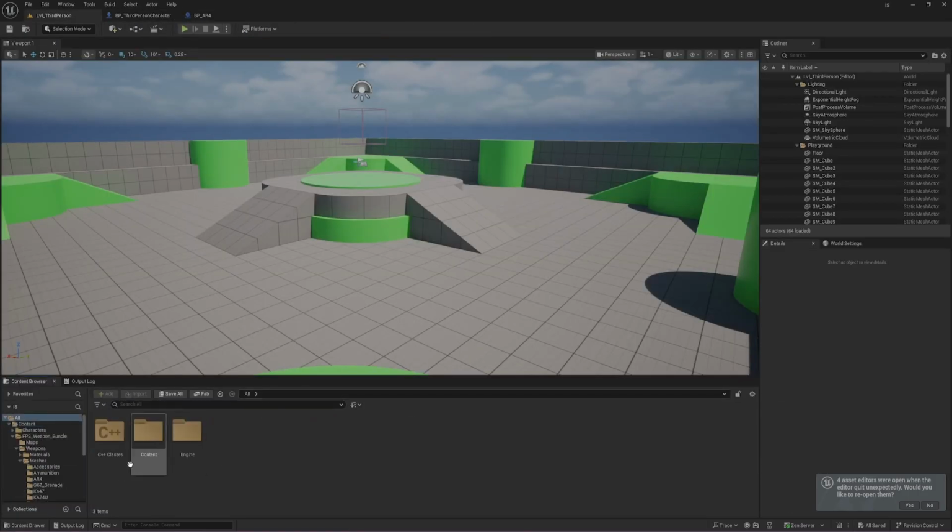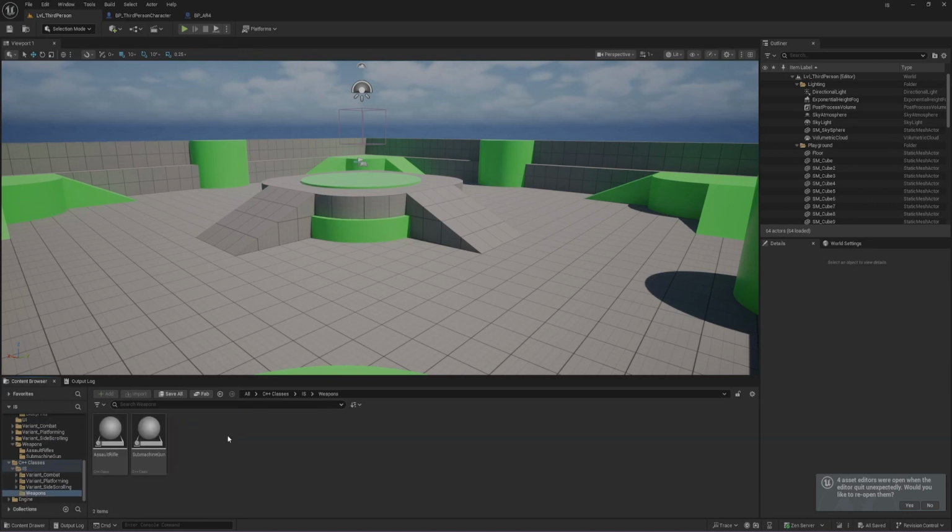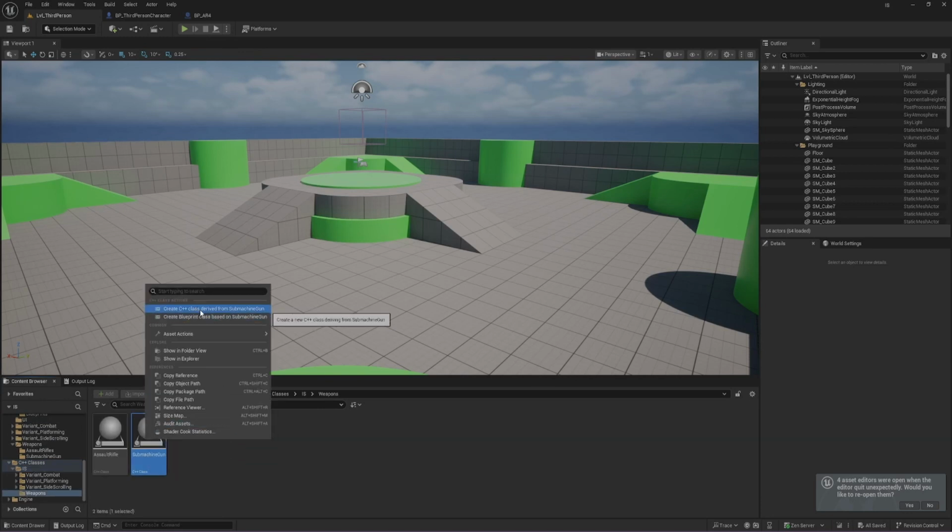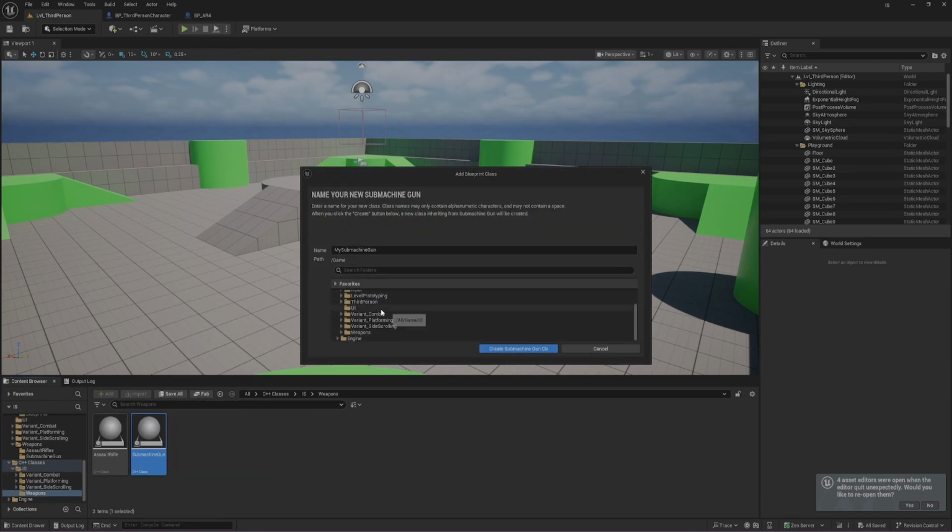Now let's go all the way back. C++, weapons, submachine gun we're going to do this time. Create the blueprint class for submachine gun, down into weapons, submachine gun. I'm going to create the